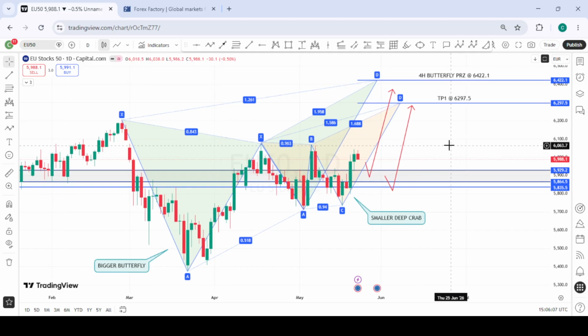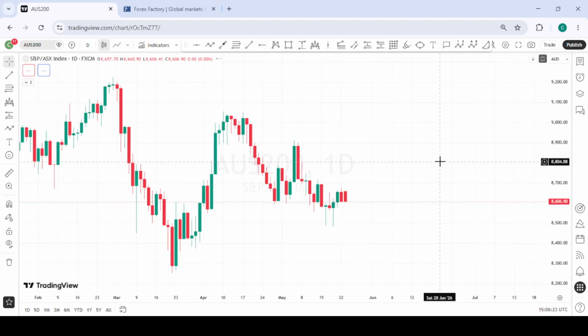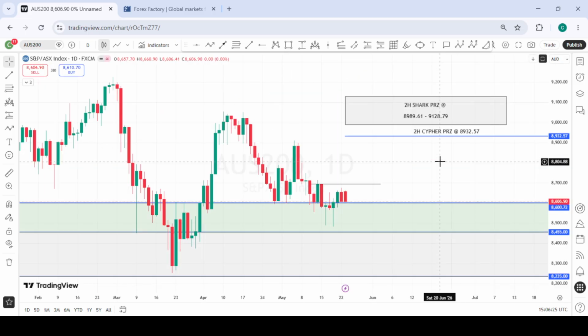So going into next week, what we are waiting for is a possible pullback into this area of interest. We look for buying opportunities from here to the various TPs we have above. Should price pull back a bit deeper into the second area of interest here, we will still look for buying opportunities to the upside for STOXX 50. And that index has a very similar movement as German 30 or the DAX 30.